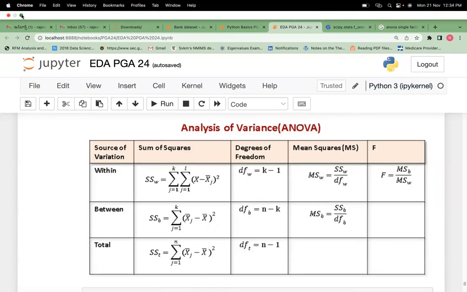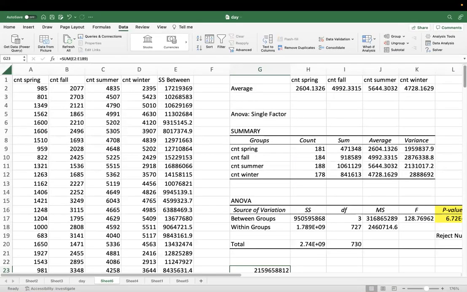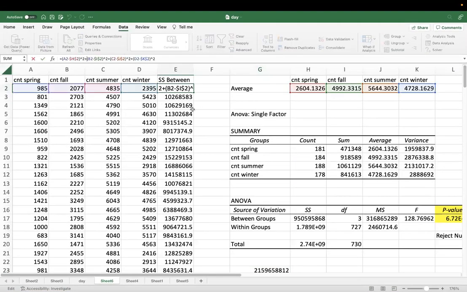You can make a mistake somewhere. One second. We have done it correctly only. Then why is it saying